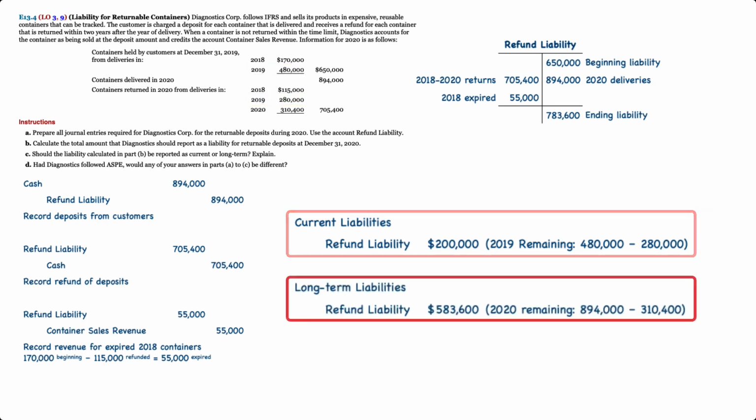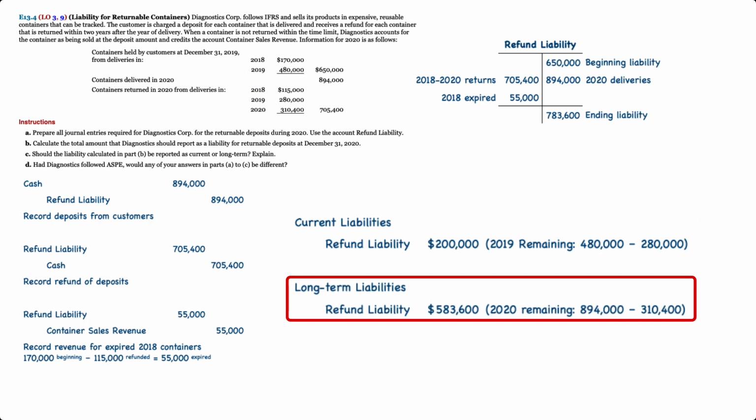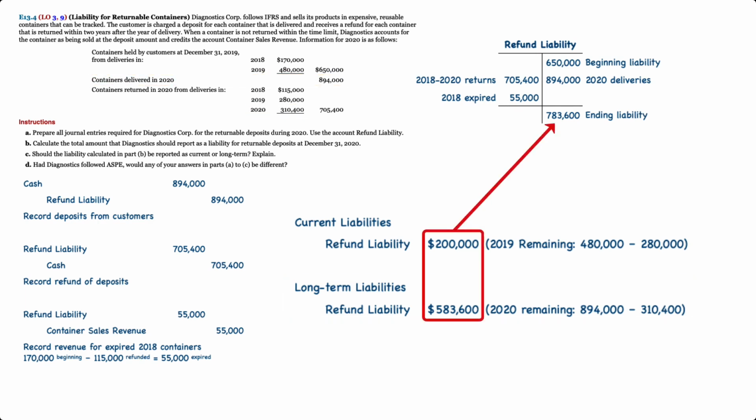The remaining portion would be the 2020 deliveries less the 2020 returns, so $894,000 minus $310,400 is a total long-term portion of $583,600. Notice that both of those added together work out to be the